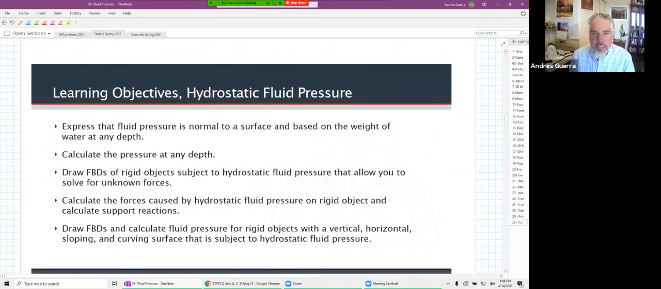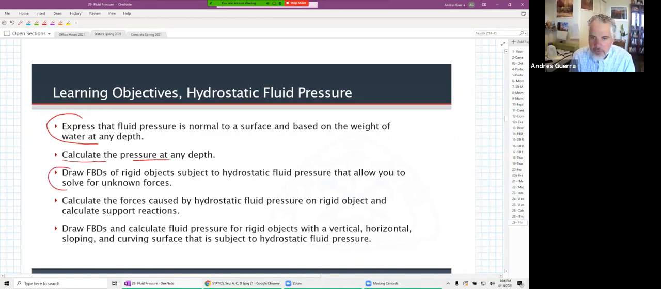to express that fluid pressure is normal to a surface and based on the weight of water at any depth. Actually, this is our main concept here that we can do all of our calculations based off of. And then we need to be able to calculate the pressure at any depth based on that weight of water,